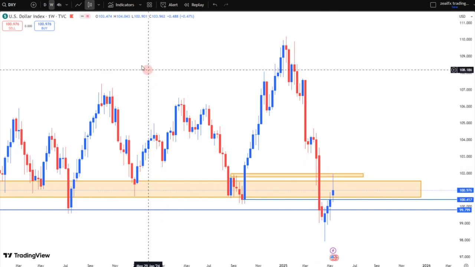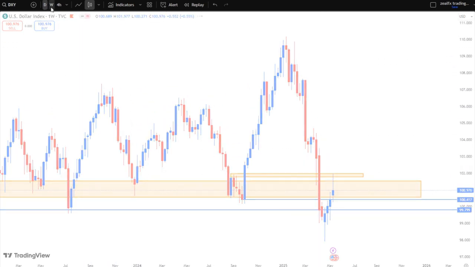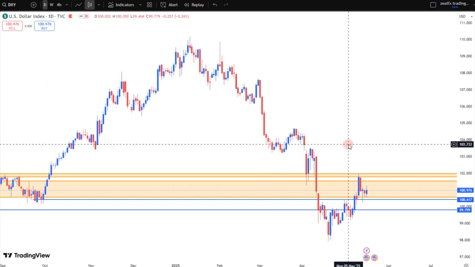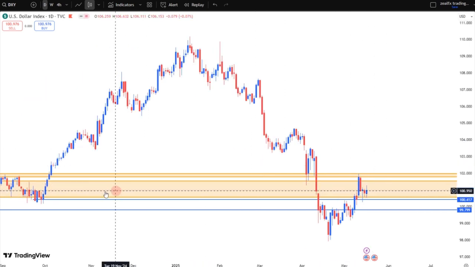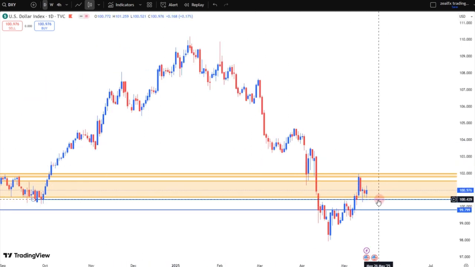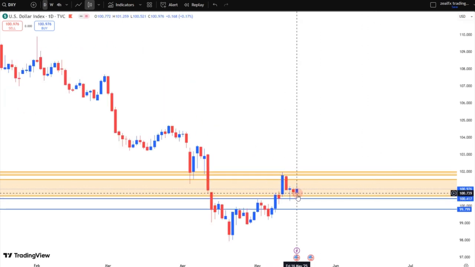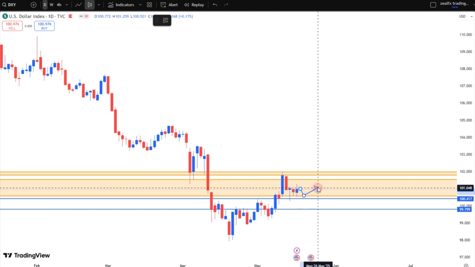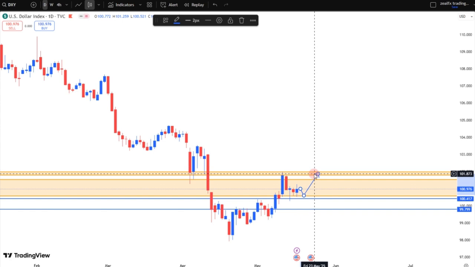So let's look at the daily chart of the dollar index. On my daily chart, you can see we still have price on this weekly support. So long as we have price on weekly support, and also price on this daily support, we might expect price to retest this level before we see a further push to this next weekly resistance